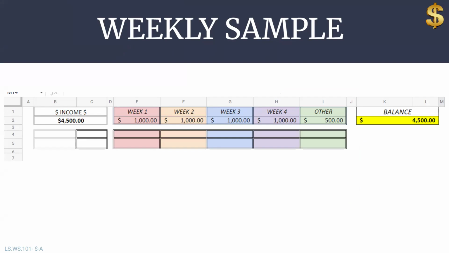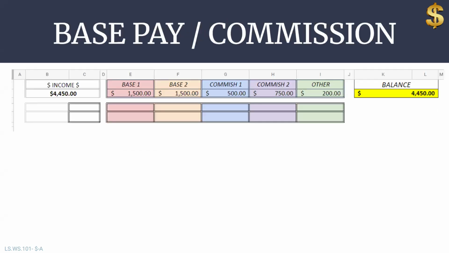Your total income there is 4,500 because you're getting paid 1,000 a week, plus 500 for extra income. If you have a base pay and also work on commissions, this is a way you would set that up.